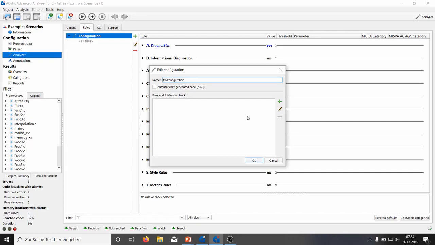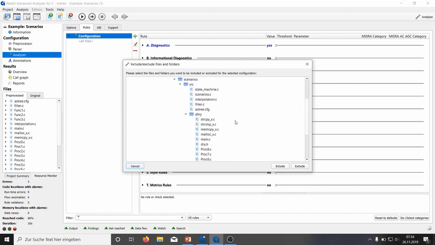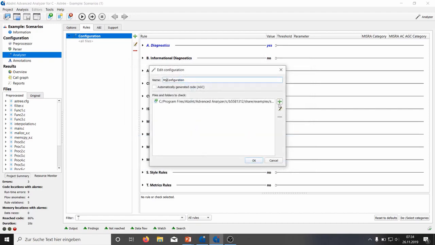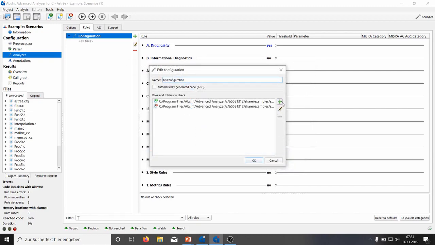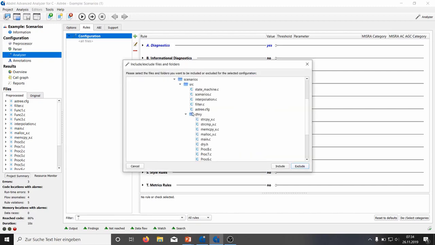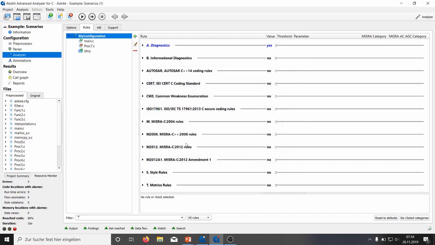And then we can select and deselect the wanted files and folders. For that, we click on the green plus here, then we see our files and folder structure, and then I would say I want to include this file here, exclude that file, to click on exclude, and then I can also say I want to include here the whole folder, for example. Then I click on OK, and